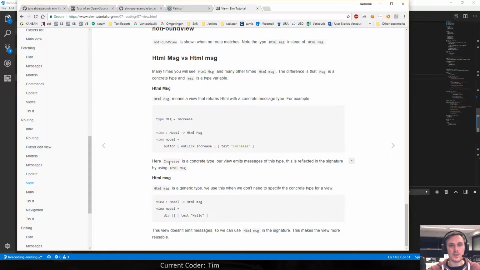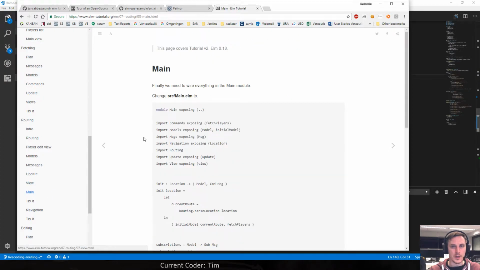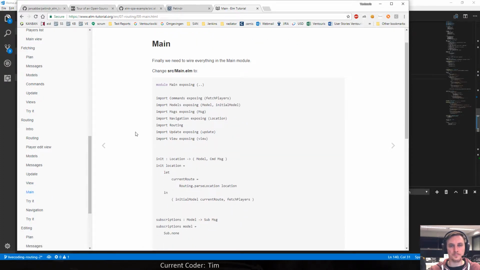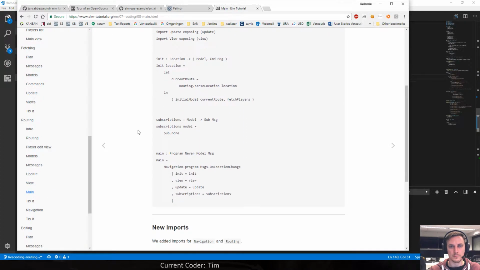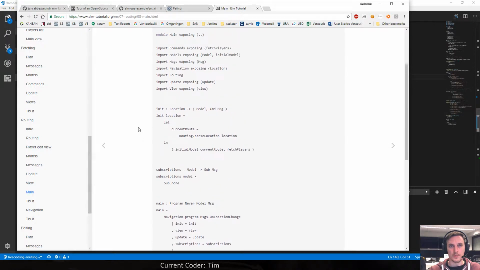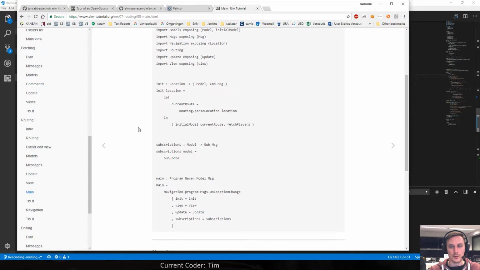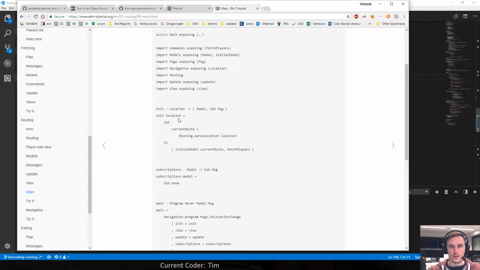But that's also what the documentation said, right? So if you're not using messages, then you can basically reuse main. So this is, oh man, their main is super short. The only thing it does is basically parsing and routing. Import, yeah,